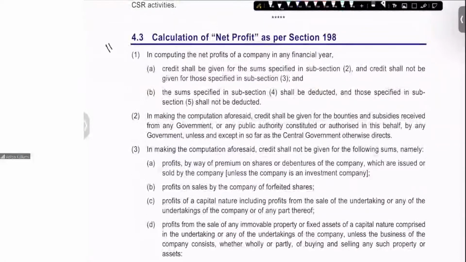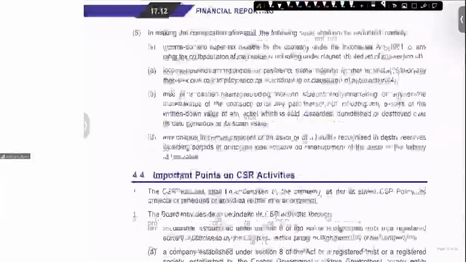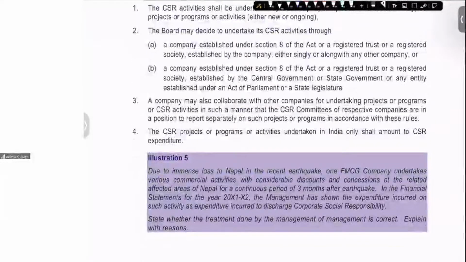You can go through this for homework because you would already have done net profit computation for managerial remuneration. The same thing is what is mentioned here. Okay, so you go through this. That is for your homework. I will not be discussing that. Coming next,